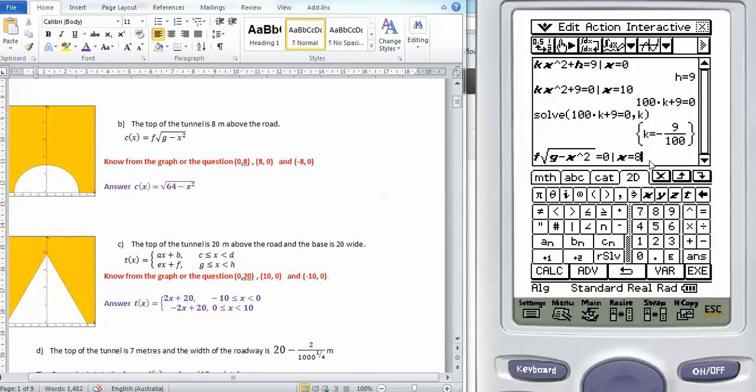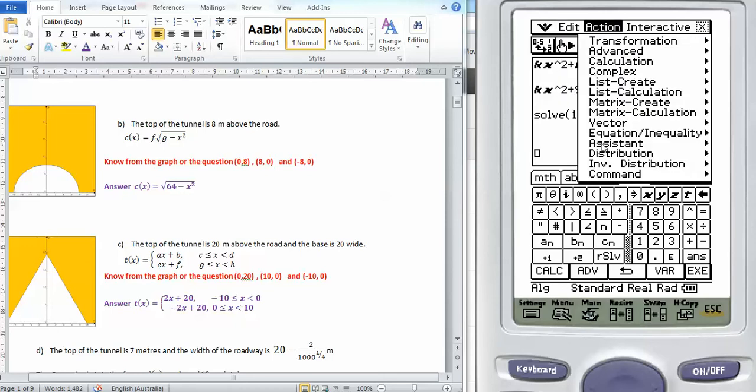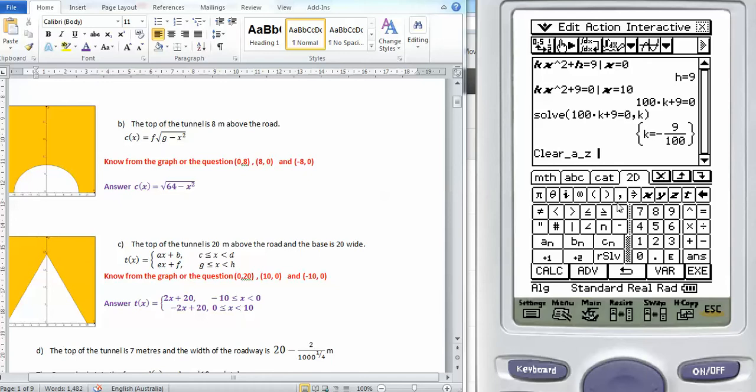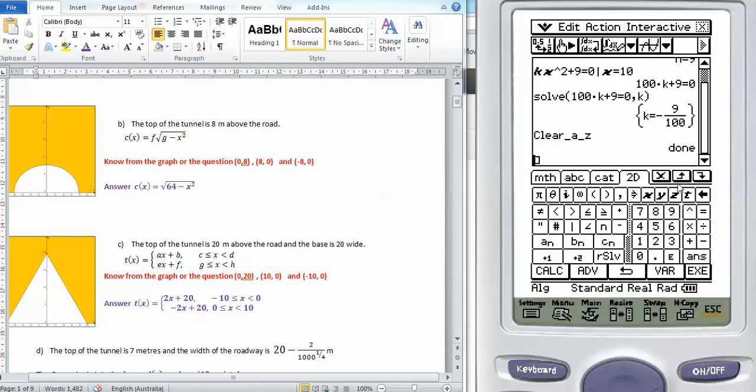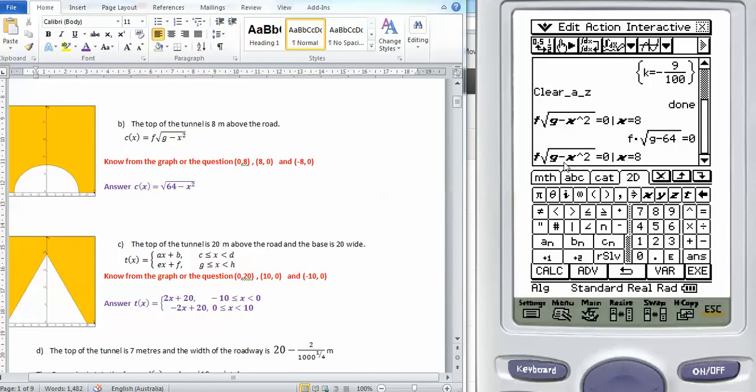argument, which is a problem here. I'll copy that, edit, clear all variables, OK, action, command, clear A to Z, OK, paste, execute. So one of the letters F, G or X must have been defined on some previous occasion, so by clearing it I was able to fix it up. And I know that it equals 8 when x equals 0,